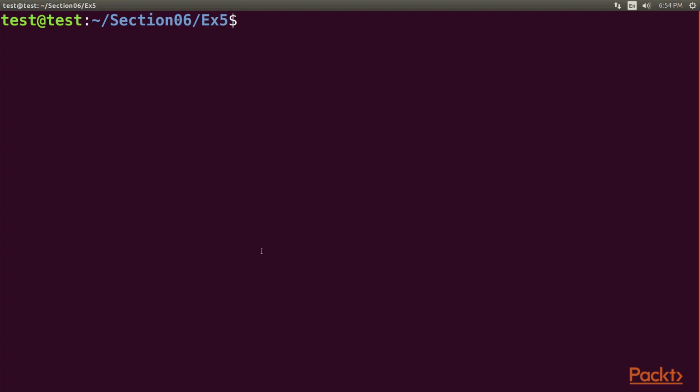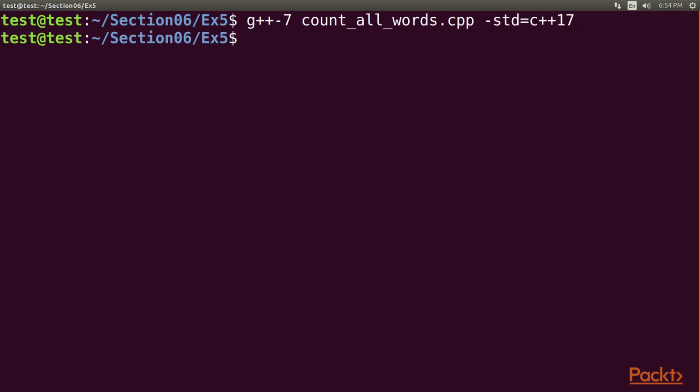Go to the terminal, type in the command for compiling the code. After the successful compilation, let's execute it. Before that, we will feed the program with the standard input without any file parameters. So let's type echo, in double quotes type in foo bar and baz, followed by the pipe operator and the command